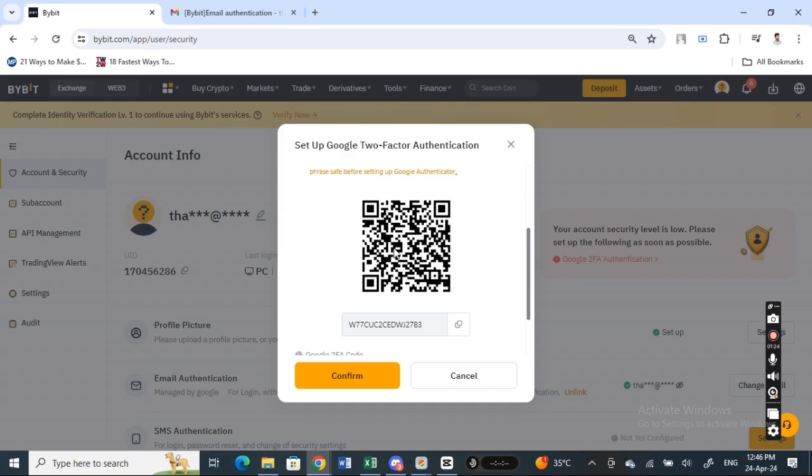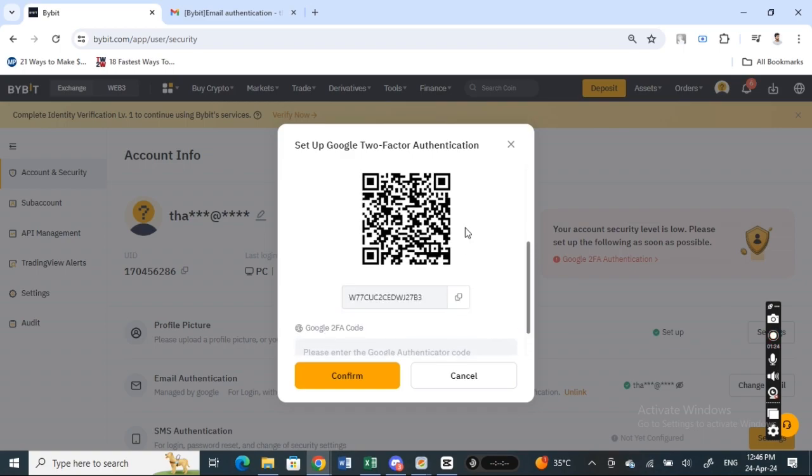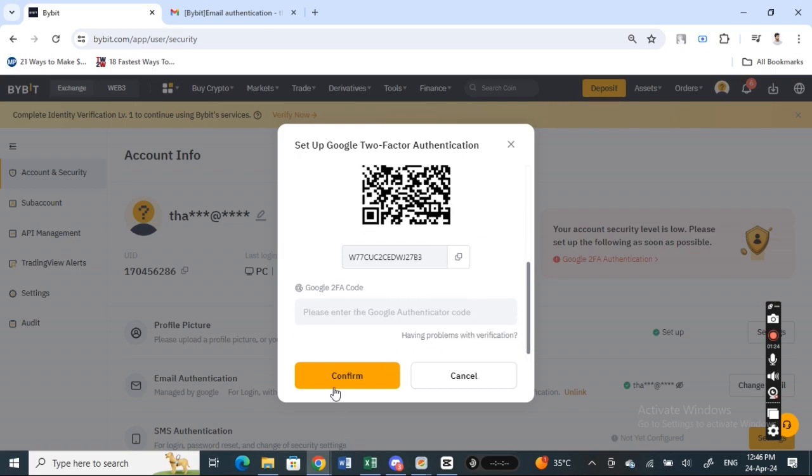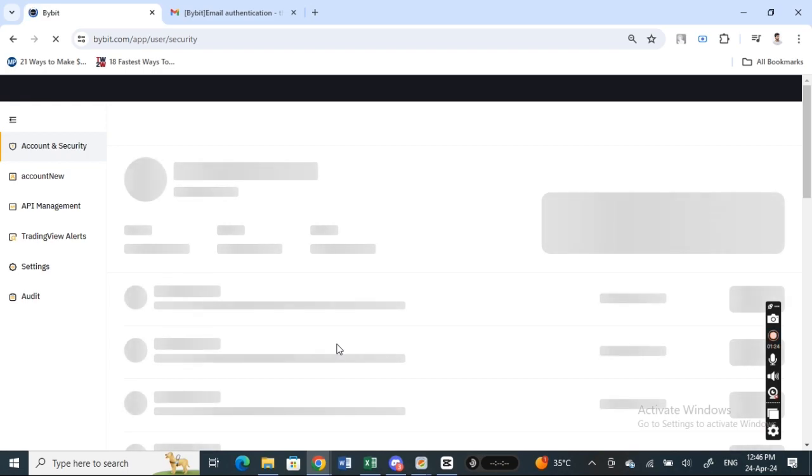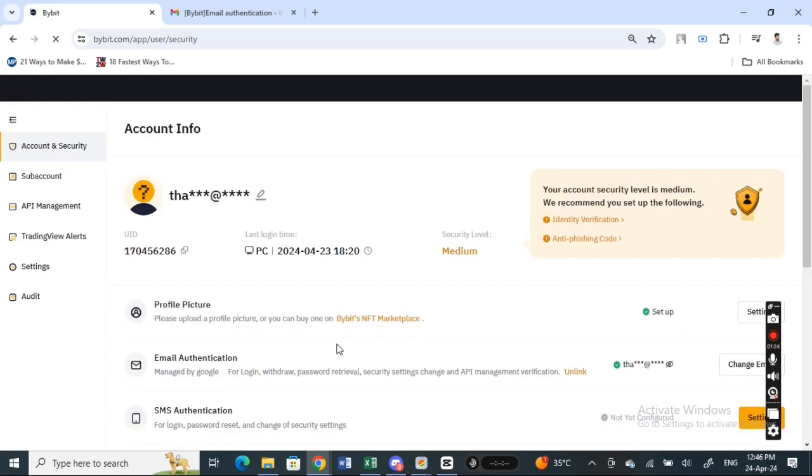Okay, so once you have scanned this QR code on your phone, that will authorize this login and then save this code. And then once you have done that, you're going to type in this code. You will get a code through your Authenticator app. So just type that in. You can get that from your phone once you have scanned the code. So once you have done that, just hit confirm,